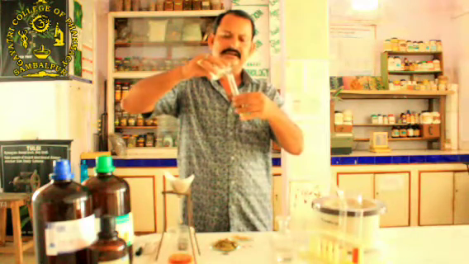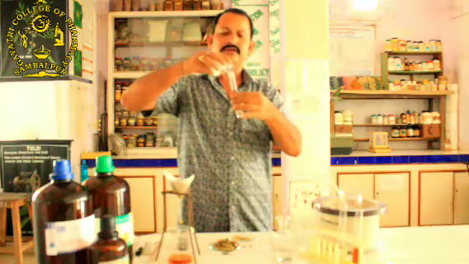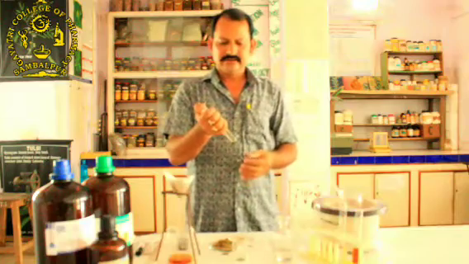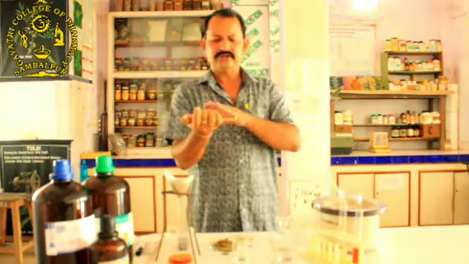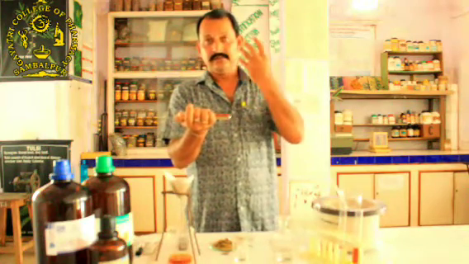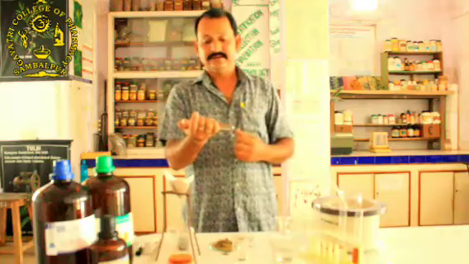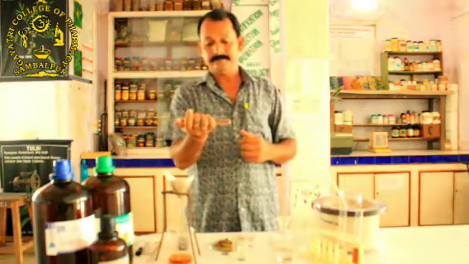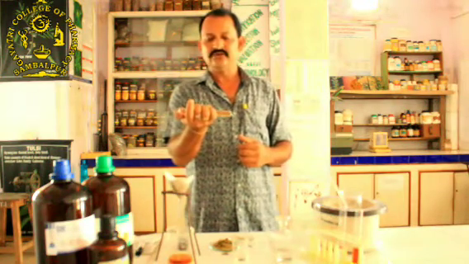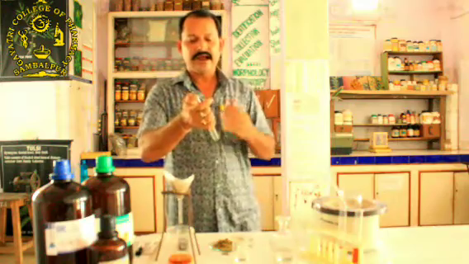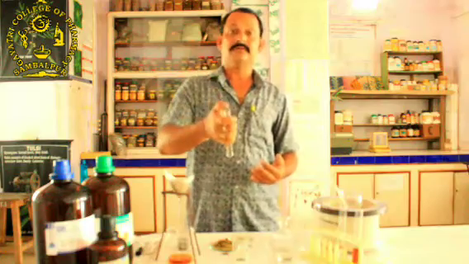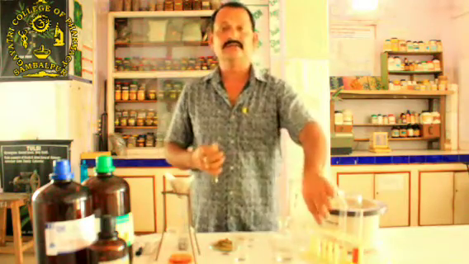Here we can clearly see the aqueous and organic solvent layers separately. Now just shake it very gently, to increase the surface area so that the maximum constituents can be isolated into the organic solvent layer. This process is known as fractionation. I am fractionating the chloroform soluble substances from the aqueous layer.